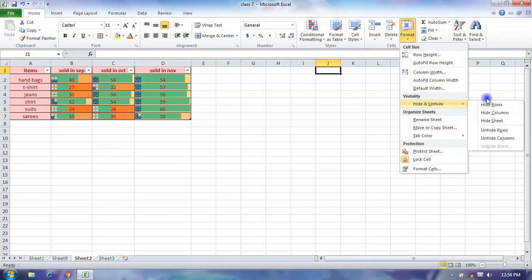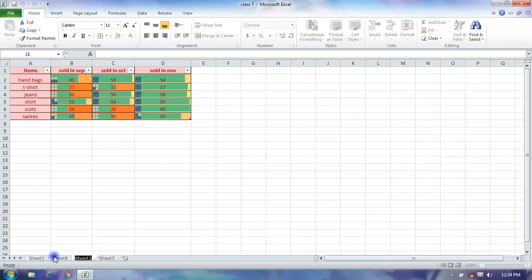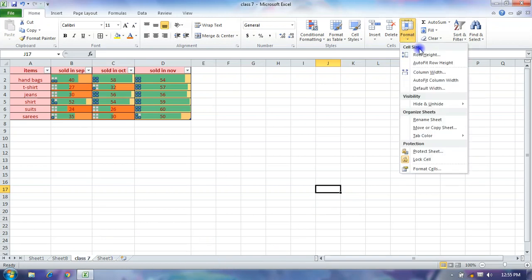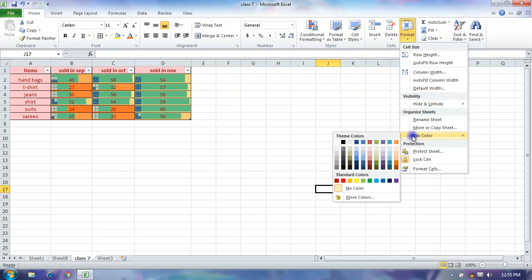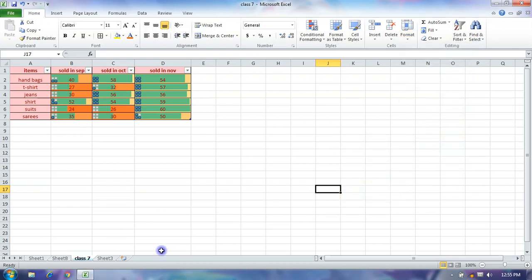You can hide and unhide rows, columns, hide an entire sheet, unhide rows, unhide columns, and also unhide your sheets. You can protect your sheets. You can rename your sheets. If you want to rename your sheet, click on it, it is highlighted, and you can rename your sheet. Okay, this is Class 7 sheet. If you want to change the tab color, you can change your tab color from here.